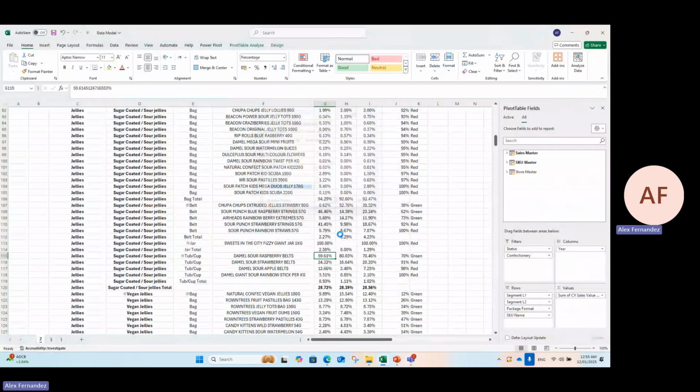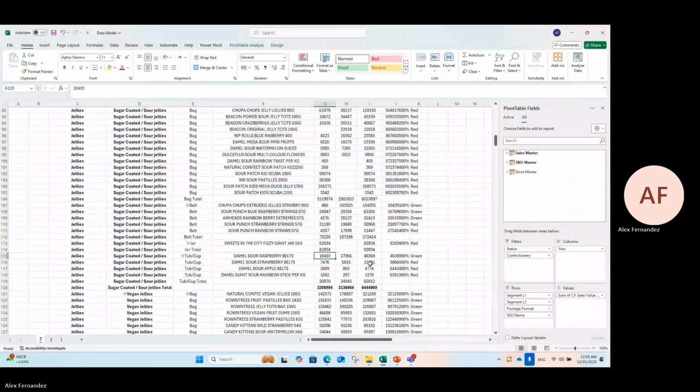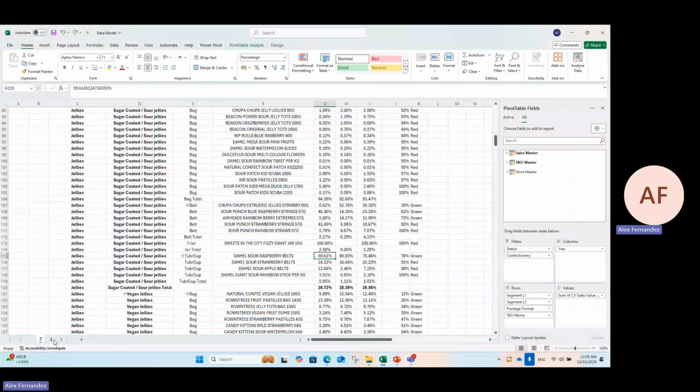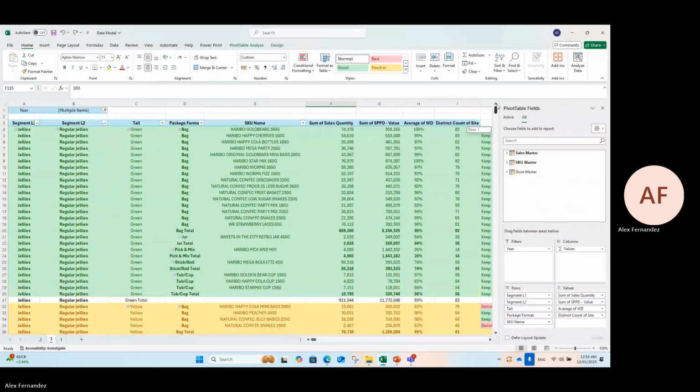So here it's showing high values, while it's showing here 500. Sum of sales quantity. This is quantity, as well as the sales value. So this might be one of the months where